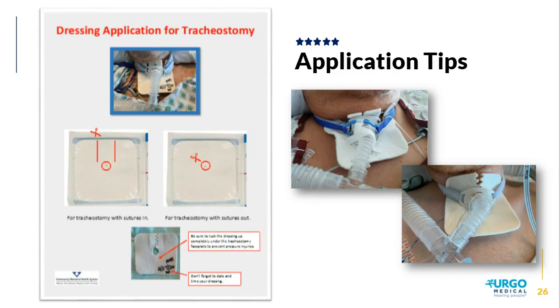We also created a dressing application for tracheostomy tool. This particular piece shows our surgeons and our nurses how to cut into the dressing so that it would fit securely around the tracheostomy. The photo of the backside of the dressing on the left actually shows the 2 cuts that our surgeons now do in the OR to accommodate the sutures that they're about to place. And then once we've removed those sutures, on the right you can see that we've just enlarged that